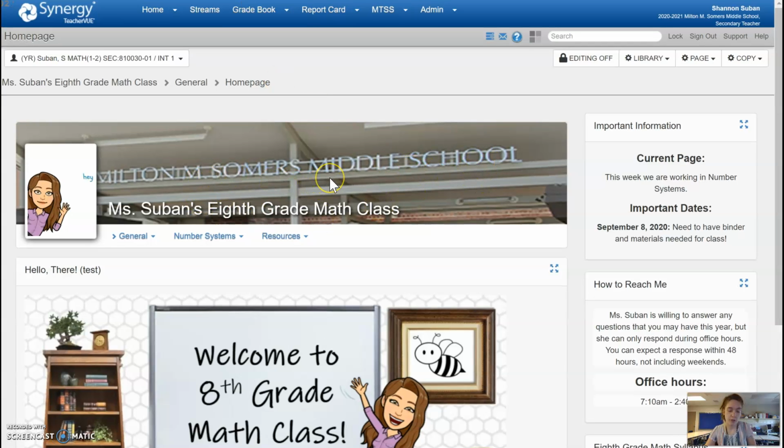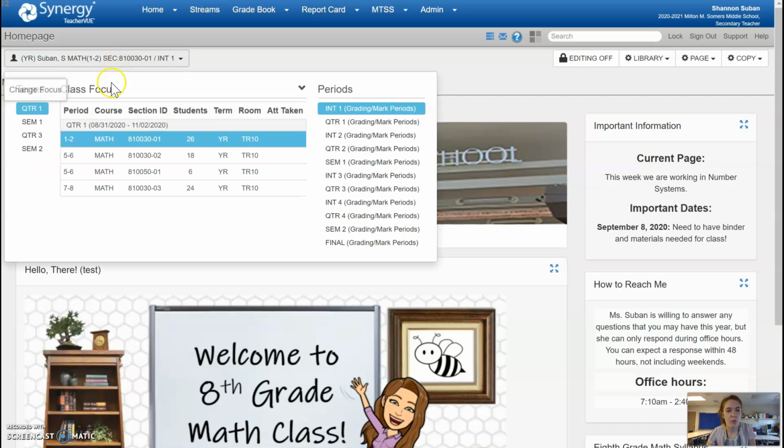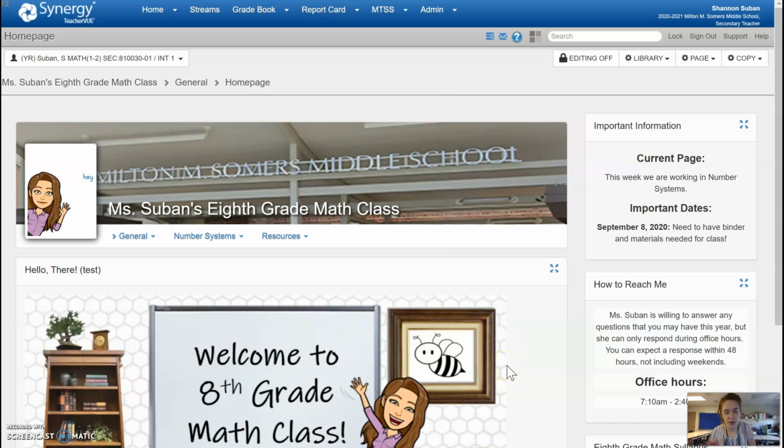All right. When your student goes into their student view, they'll click on class websites. If it's not my class showing, there should be a drop-down menu. It'll look different on theirs, where they can choose their class. Just make sure they switch to me in order to get to my materials.